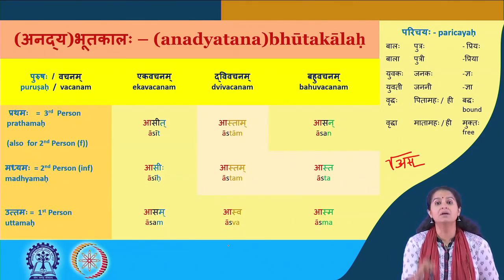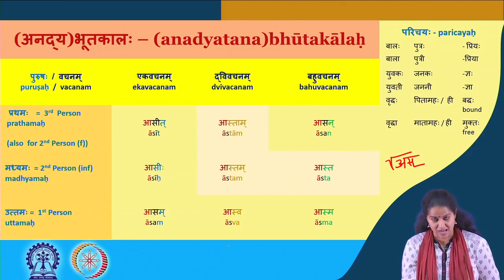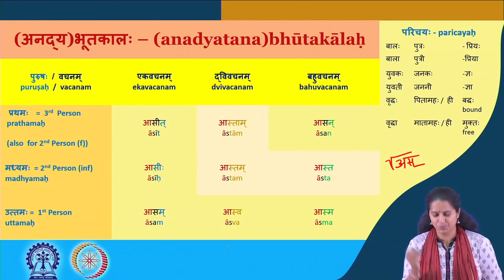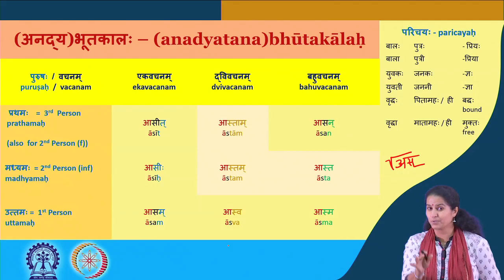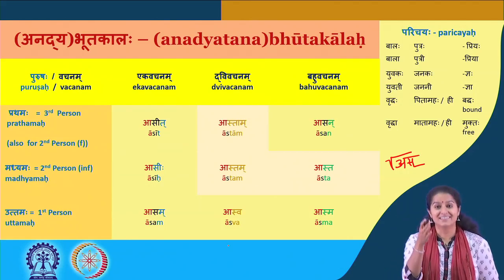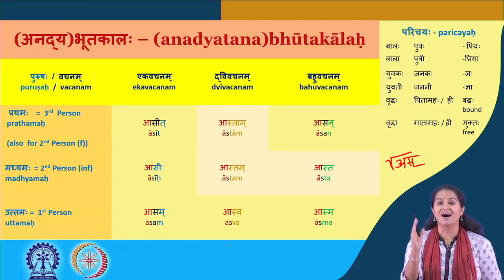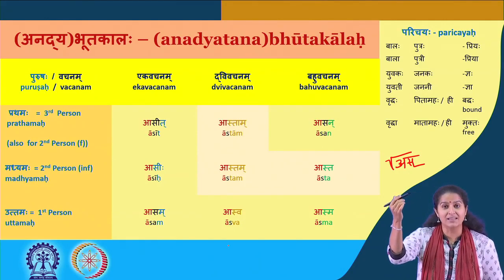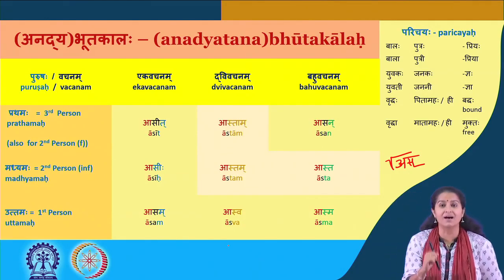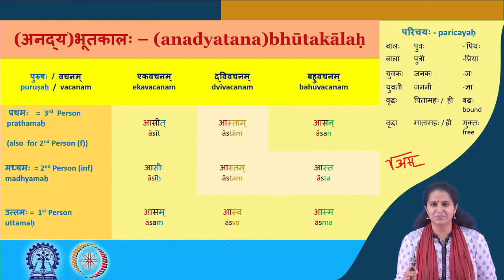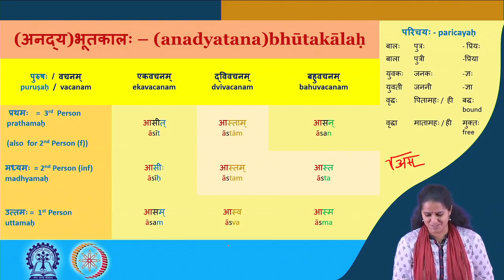Uttamam. Two of them, tau balau astam. Ladies, te bale astam. Uttamam. Plural, te. So the te is the same, but here it is a plural masculine. So te balaha asan. Feminine, taha balaha asan. So what do you notice here? That although it is balaha in the masculine plural, it is also balaha in the feminine plural, like we have seen before. So you really have to be very, very attentive to get this language right.